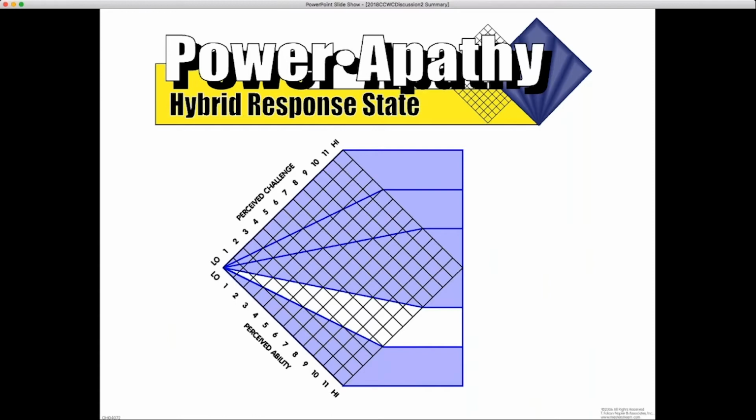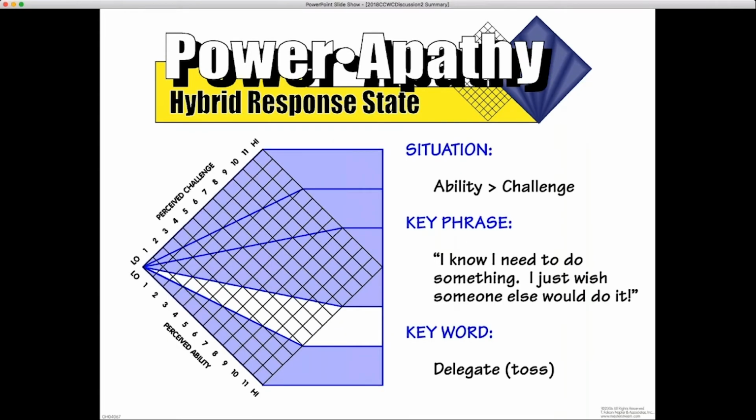So power apathy is obviously the state below power where people find themselves, much like what we were just talking about, getting stuck there. As you get stuck in power, you start to slide down into power apathy, where you feel like your ability outweighs the challenge, which is to say, I got this. This isn't a problem for me, which can be good, but it can also be bad when a bump comes along in the road that you're not quite ready for, or you've looked past an opportunity or a challenge that, if you were a little more focused, you would have seen.